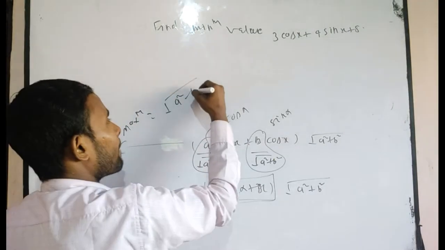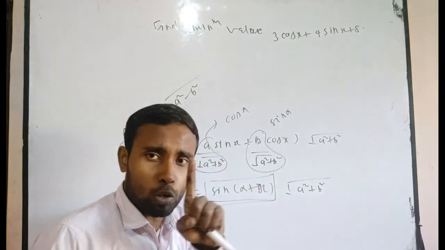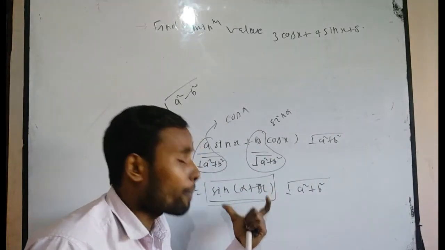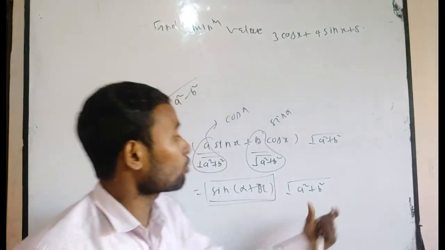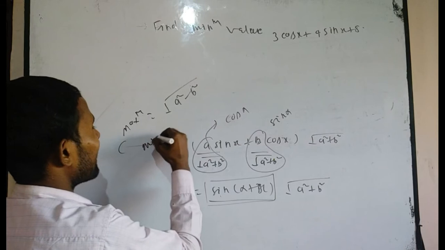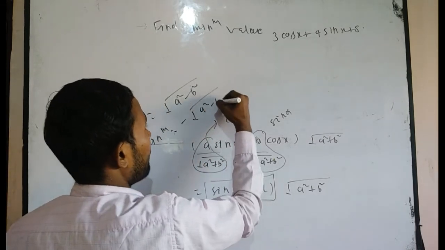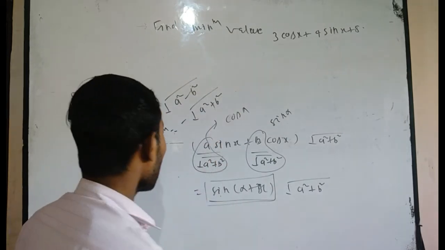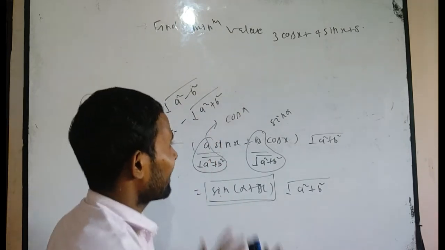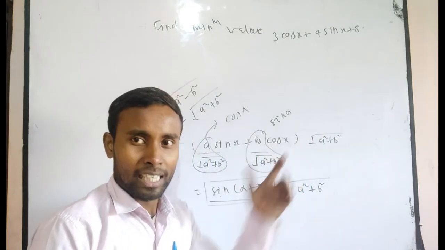Under root a square plus b square, because you know that the maximum value of the sine function is equal to 1 and the minimum value of the sine function is equal to minus 1. So, if you multiply by minus 1, the minimum value of this expression will be minus under root a square plus b square. Whatever you get, if the given expression is of this form, a sin x plus b cos x,